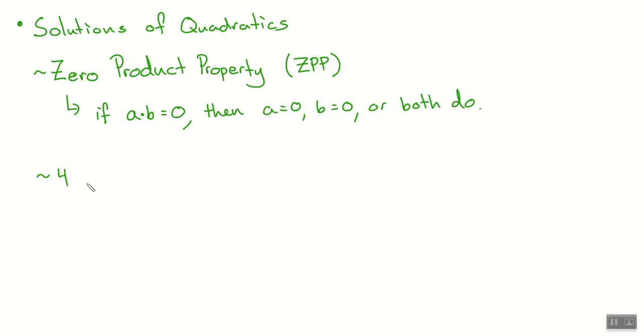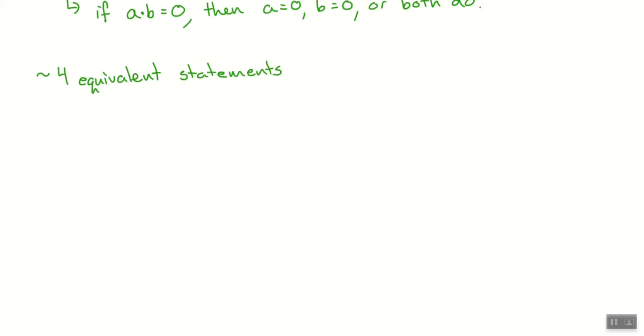You might see this worded 4 different ways, and I want to make sure we have them all just completely locked in. We have 4 equivalent statements. What does equivalent mean? The same, equal. Okay, the first of these, and we're going to hit them over and over again. The first of these 4 equivalent statements, and they're not in any particular order, just so you know. One way that we can talk about roots and factors and all that good stuff is we can say